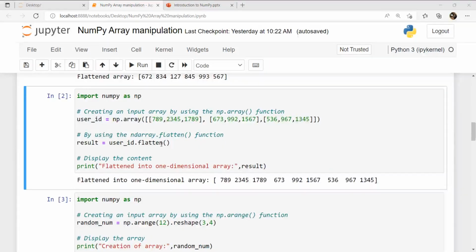array. Our next function is array.flatten. We have already used the numpy.flat function, but this is quite similar to that function. Basically, this function is used to get a copy of the input array in a one-dimensional array instead of a multi-dimensional array. This function takes only one parameter, which is order, that specifies the array is returned flattened